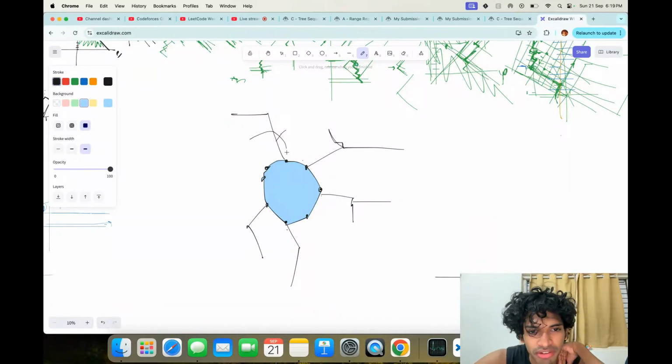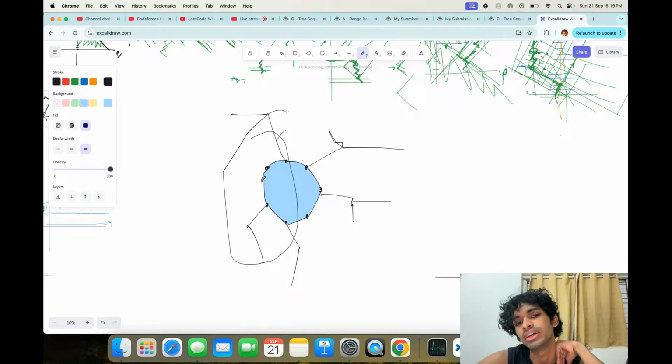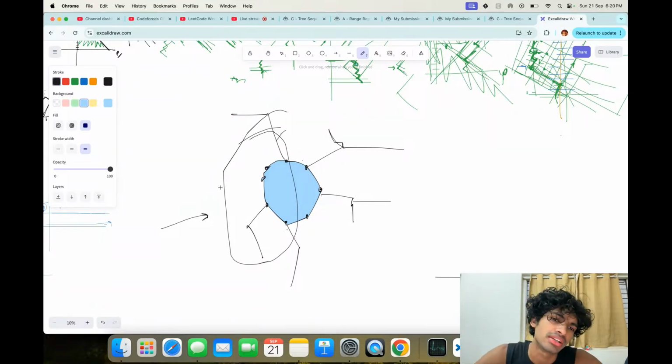Let's say I choose a subgraph here. I choose a tree here. If I chose a tree here, it has some gaps, right?